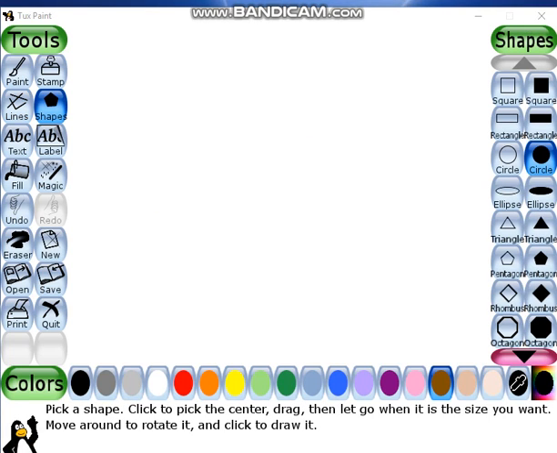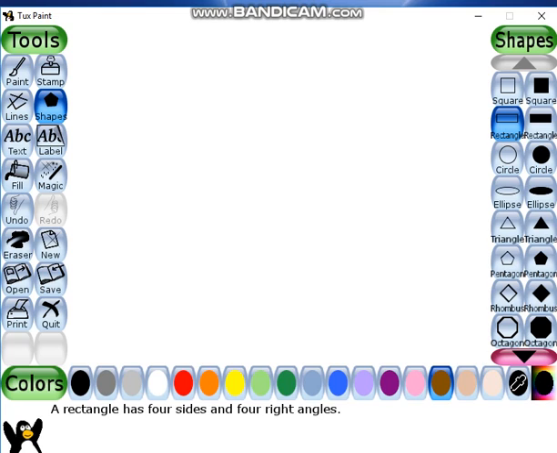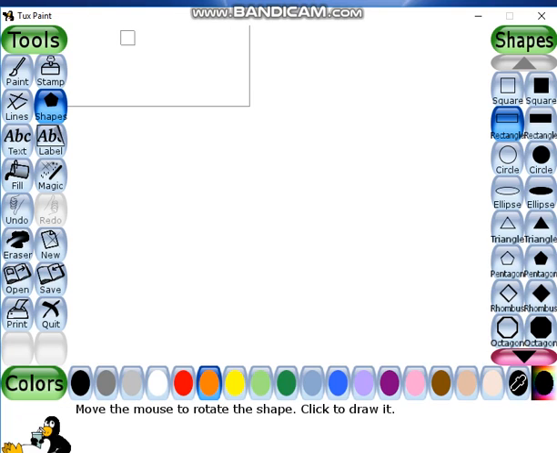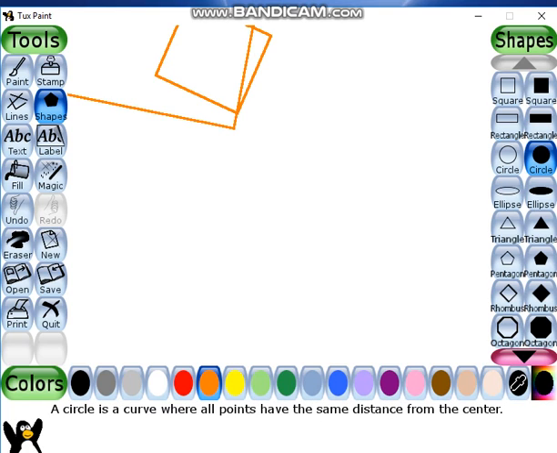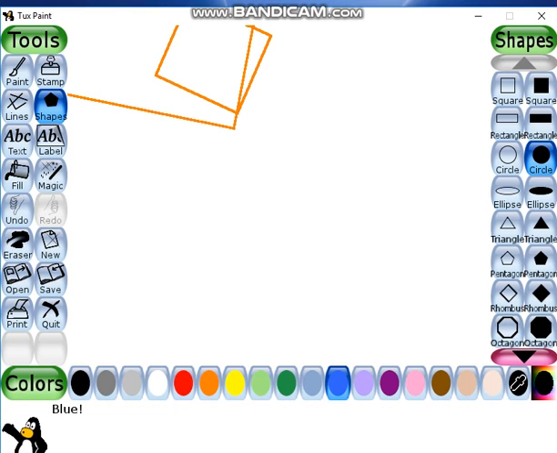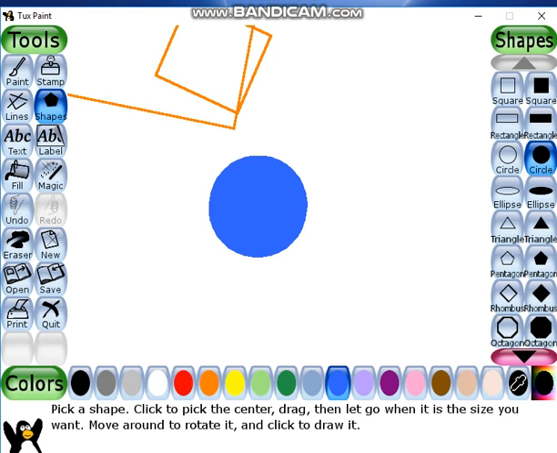The next tool is shapes tool. Click on the shapes tool and you can see different types of shapes available on the right side. Select the shape and select the color. Just click and drag. See, the rectangle is ready. You can even draw solid colored figures with colors filled in them.